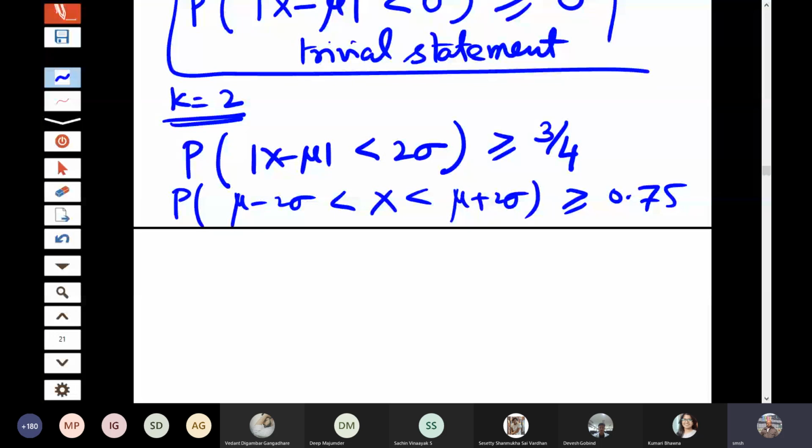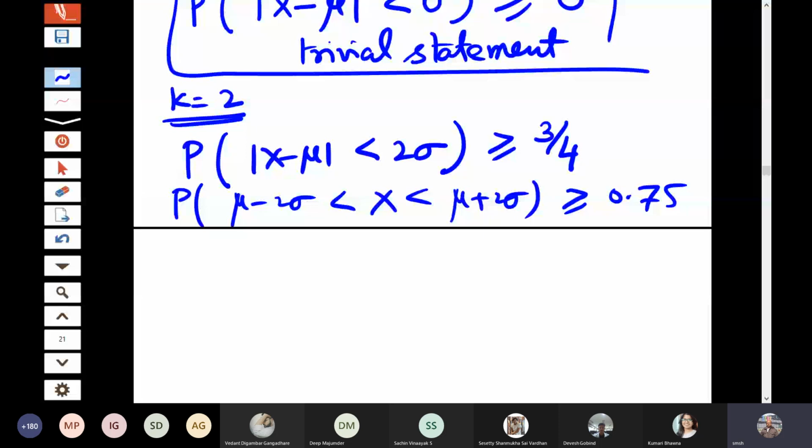As I mentioned to you, between mean minus thrice the standard deviation to mean plus 3 times the standard deviation, you will have almost 90% of the probability in general, irrespective of whatever the distribution is. For a particular distribution, you will be able to calculate exactly. So it may be 0.94, it may be 0.93, or it may be 0.99. As you will see in the case of normal distribution, it will become 0.9987. So that is a very, very high value that you will get.